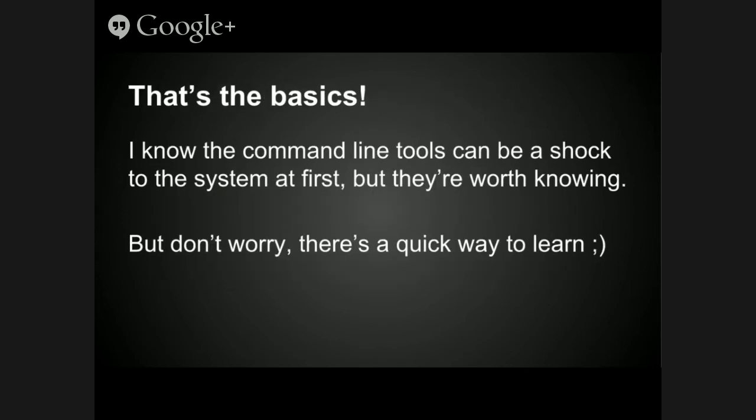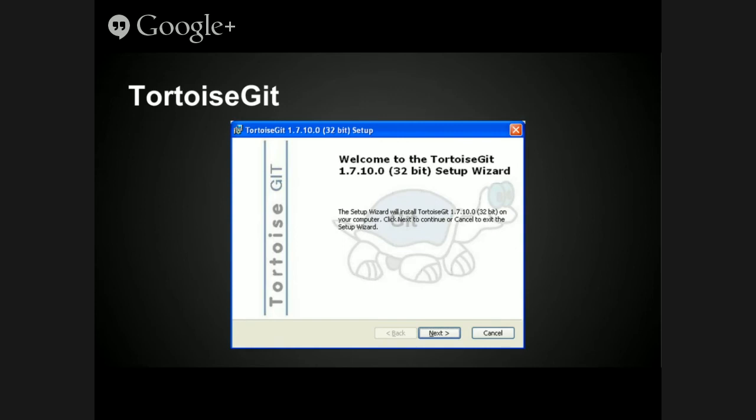And that's the basics. So the command line tools are a proper system shock, especially if you're used to using graphical tooling. Don't worry, you can cheat. I'm about to say don't tell anyone, but I first learned Git in 2009. Back in 2009, although I've just told you that the documentation is good now, the documentation was not good, and the support for Windows was not good, and it wasn't fast, and basically things didn't work. TortoiseGit is actually very good. It's a little bit buggy at times, but if you want to learn Git and you're coming from using something like Tortoise, it's a good place to start.